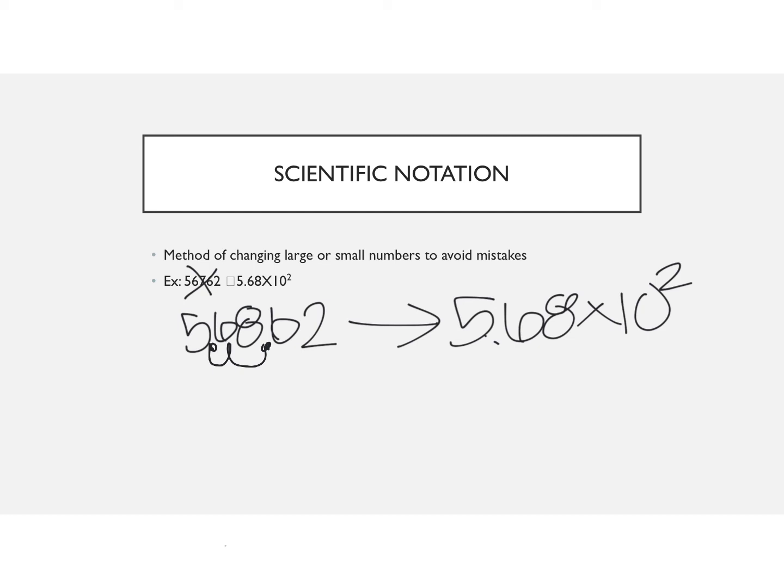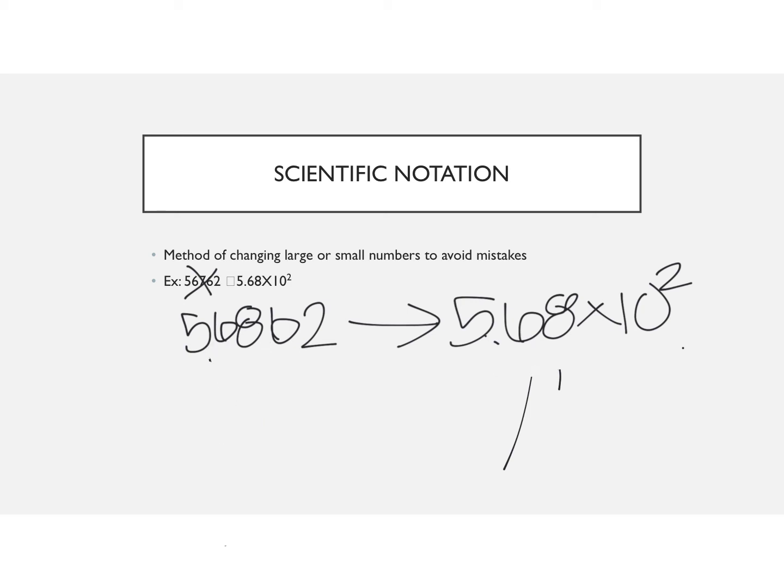So now in scientific notation, this number here is the same as this number, but it's a little easier to read and interpret: 5.68 times 10 to the second. Now you're probably like, that is not a hard number. So if we tried another one,